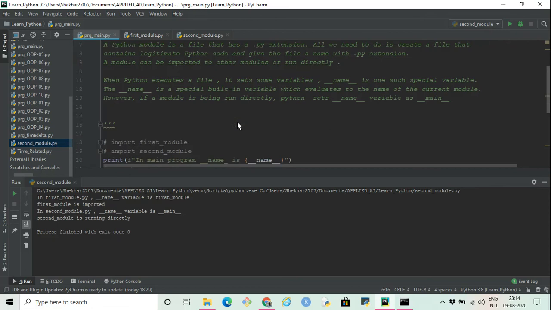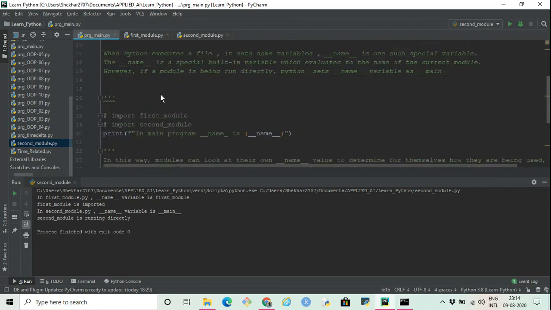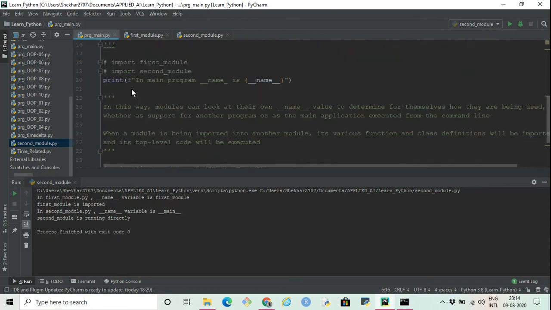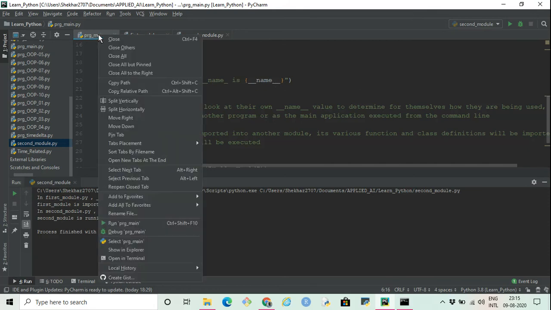To understand it, let's say we have this file in which I'm printing only one thing. Other things I have commented. The print is: in main program, the value of __name__ is, and that's the value that we are printing, __name__. Let's execute this and see what we get.